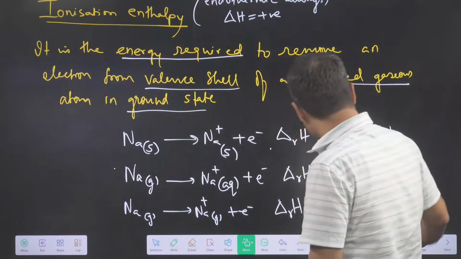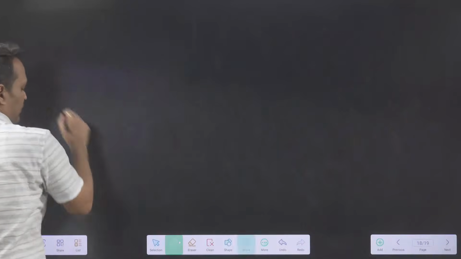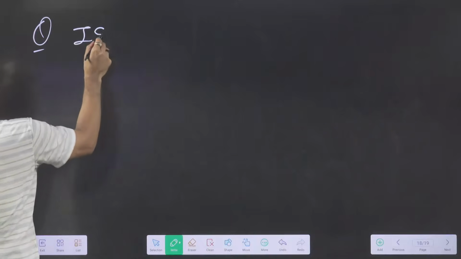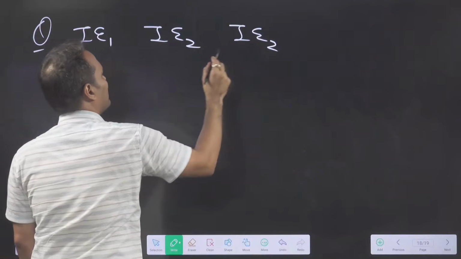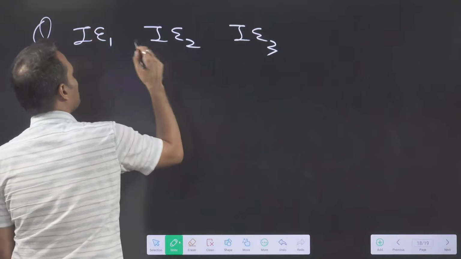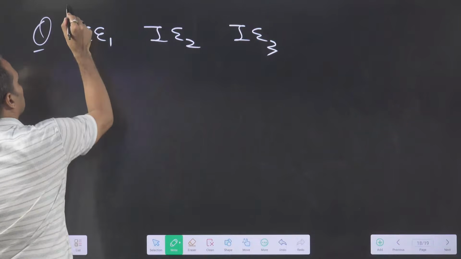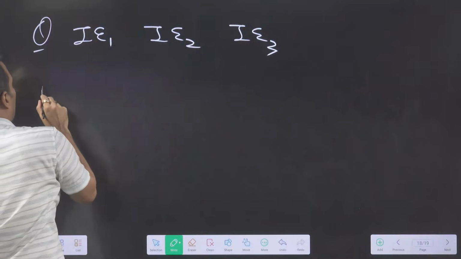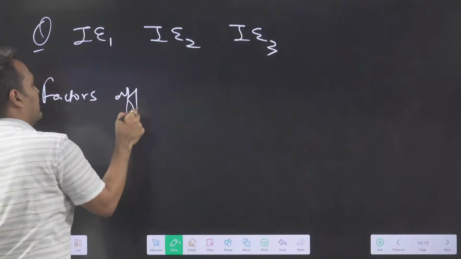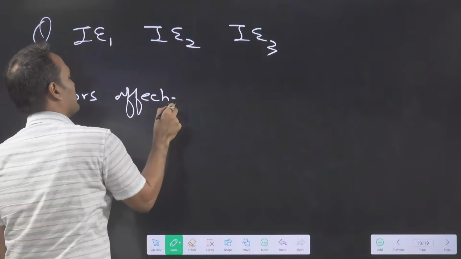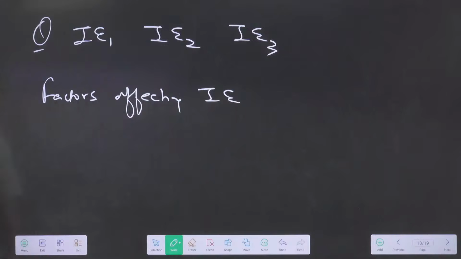Next class I am writing here only what we will talk about next class. I will give you first one homework for you: मान लो suppose ionization energy 1 is there, ionization energy 2 is there, ionization energy 3 is there for any atom. Then what is the order of ionization energy 1, 2, 3? ठीक है ना? Tell me the order. And next class we will start with factors affecting ionization energy, ionization enthalpy. And we will write the